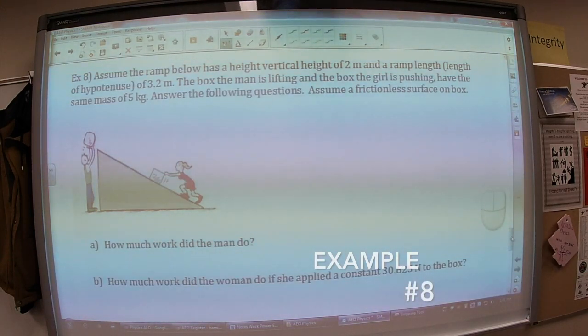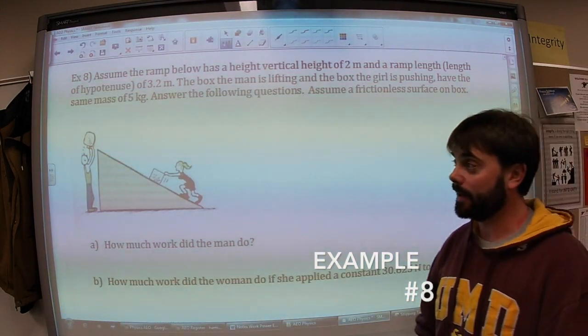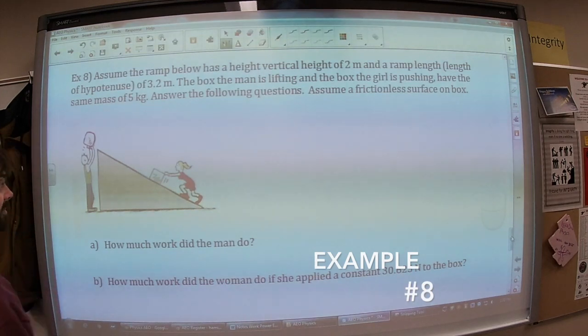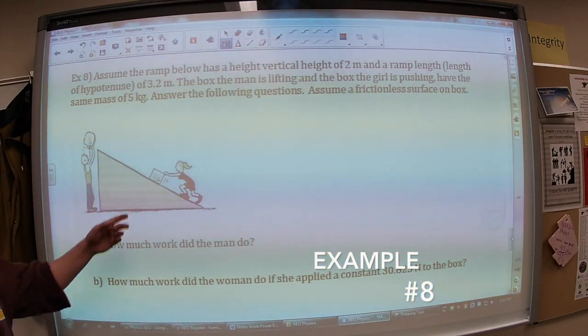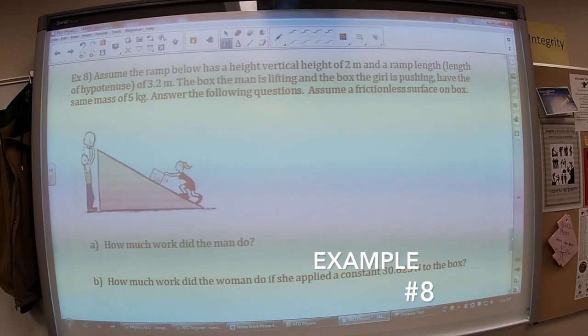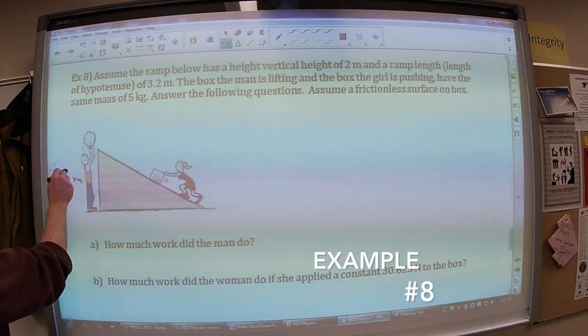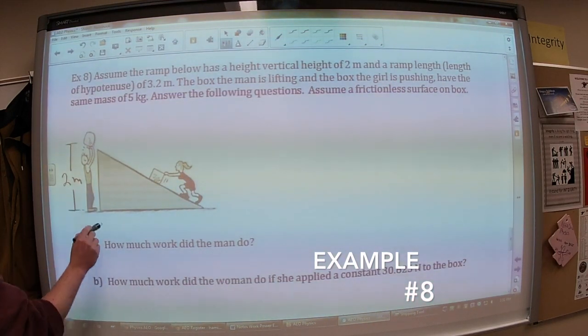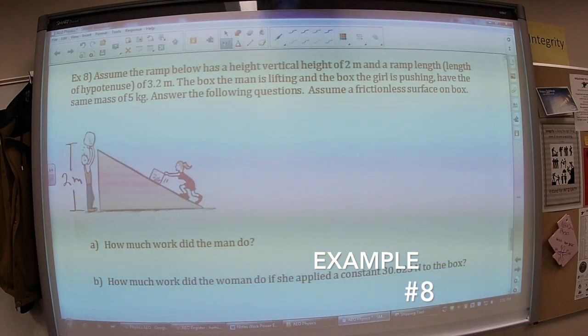Next example, it says, assume we have a ramp, and this ramp is going to be frictionless for sure, at least for the boxes. We'll assume that the shoes that the girl is wearing are not frictionless, so she can walk up it. It says, assume that the man who's over here not using the ramp, let's say he lifts a rock straight to the top of the ramp without using it, he just picks it up